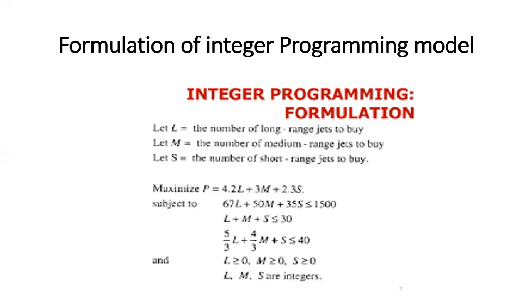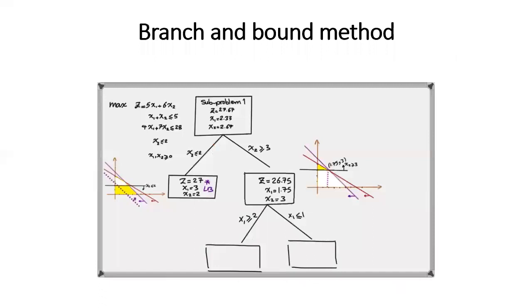Here, the difference between linear programming and integer programming is that in linear programming we use fractional values, and in integer programming we use integers only. So the branch and bound method of integer programming is where we use the graph or diagram,